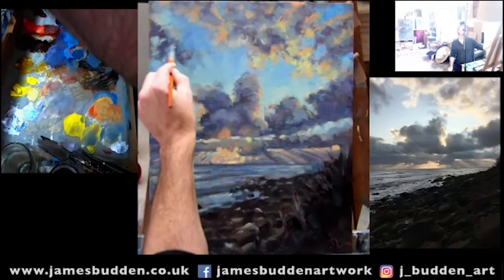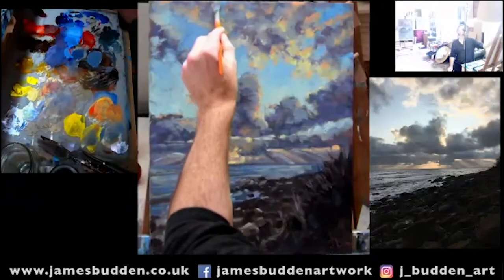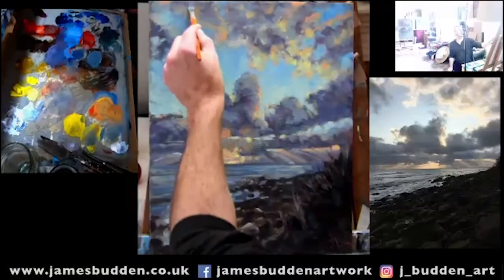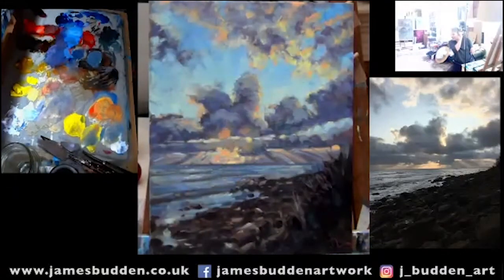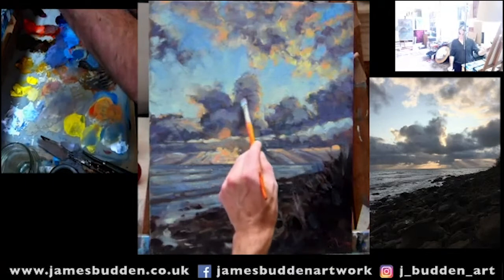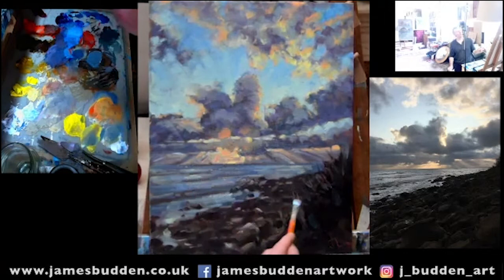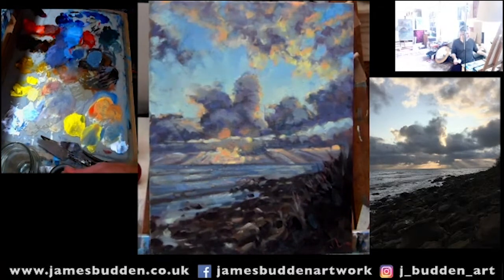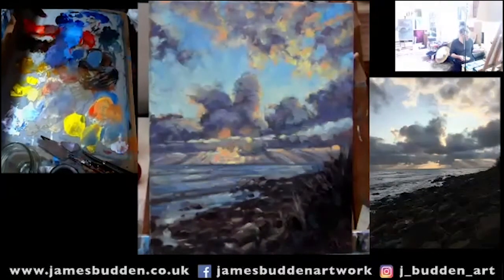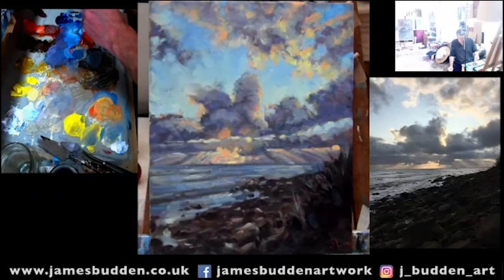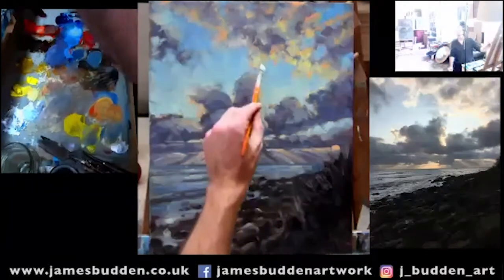Yeah, so now the oil's sort of doing a job to break up those cloud shapes. It's definitely a lot redder up at the top, a lot pinker. Yeah, put a bit more of that in there. Anyway, I could overwork this if I'm not careful. So last bit, just reshaping those clouds, a bit of yellow, a bit of white. And then